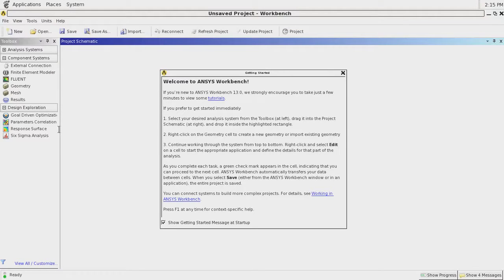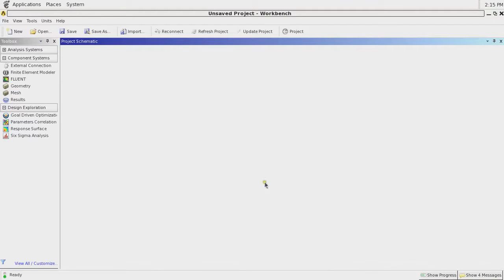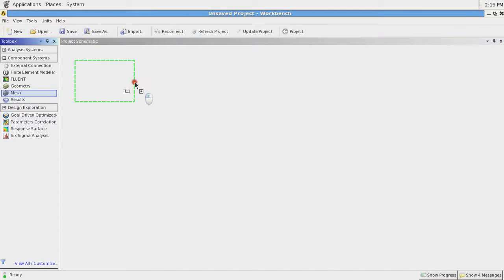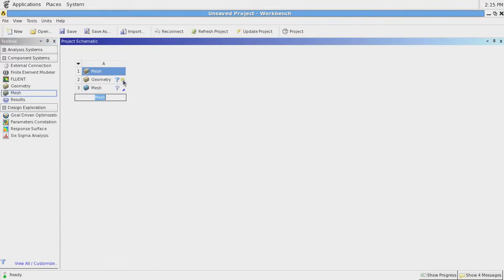So the next step is to mesh our fluid domain, but first we have to deal with subtracting the airfoil from the fluid domain, and we do that by going to geometry, right click, oh, come on,